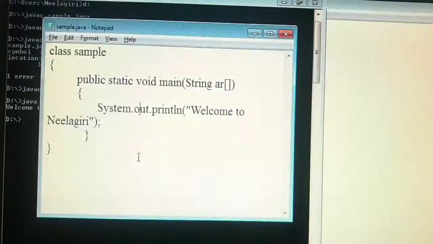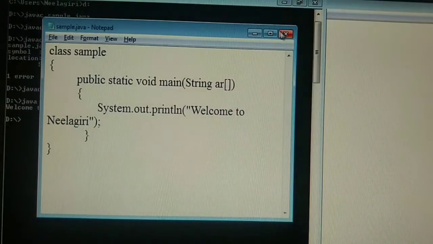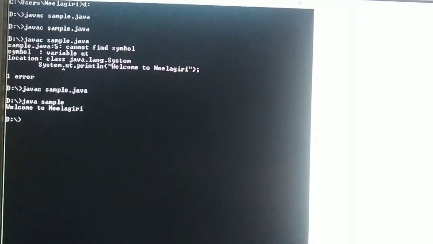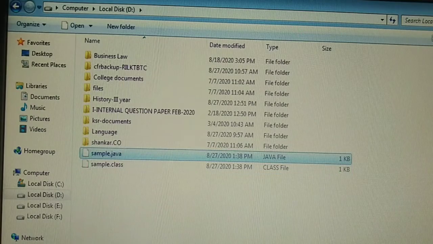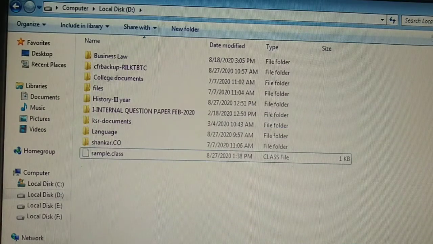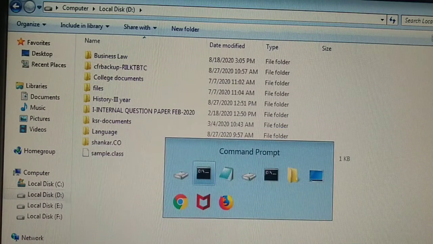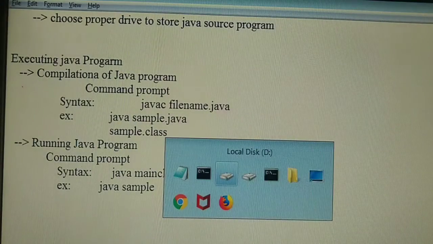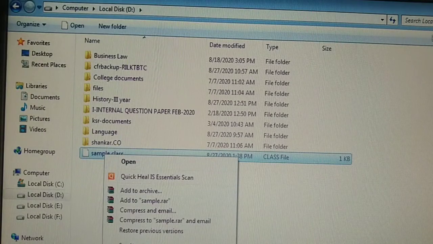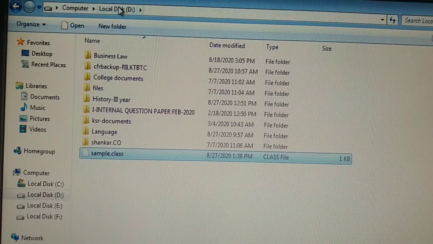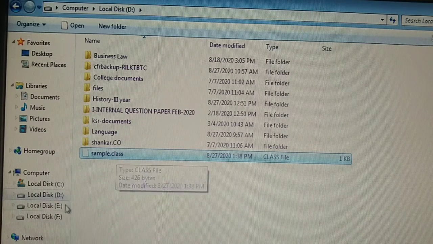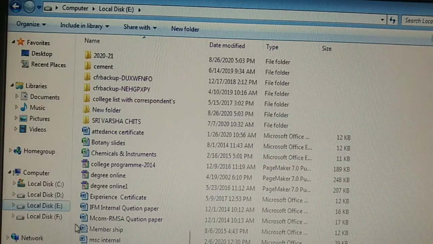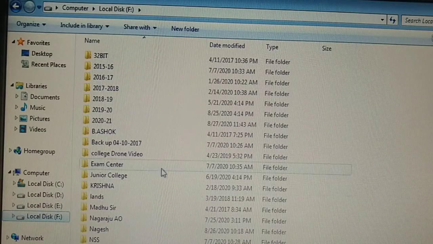So for example, this is our source program. From the D drive, I have deleted the .java file. Simply running java sample, the output will come. Now again, see, I am cutting from the D drive and pasting it in, say, the F drive.